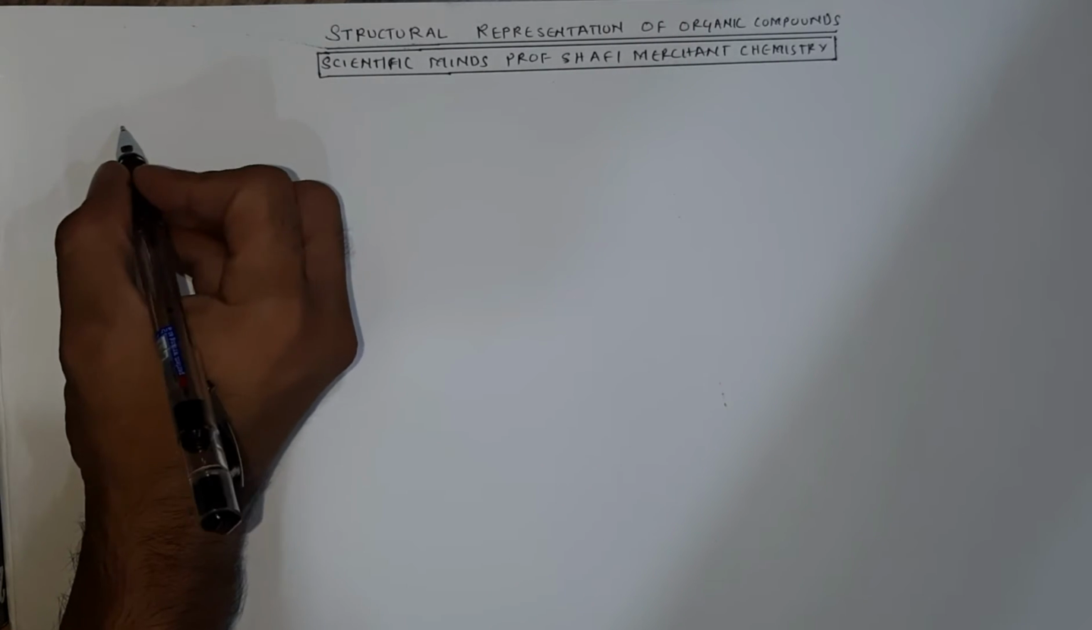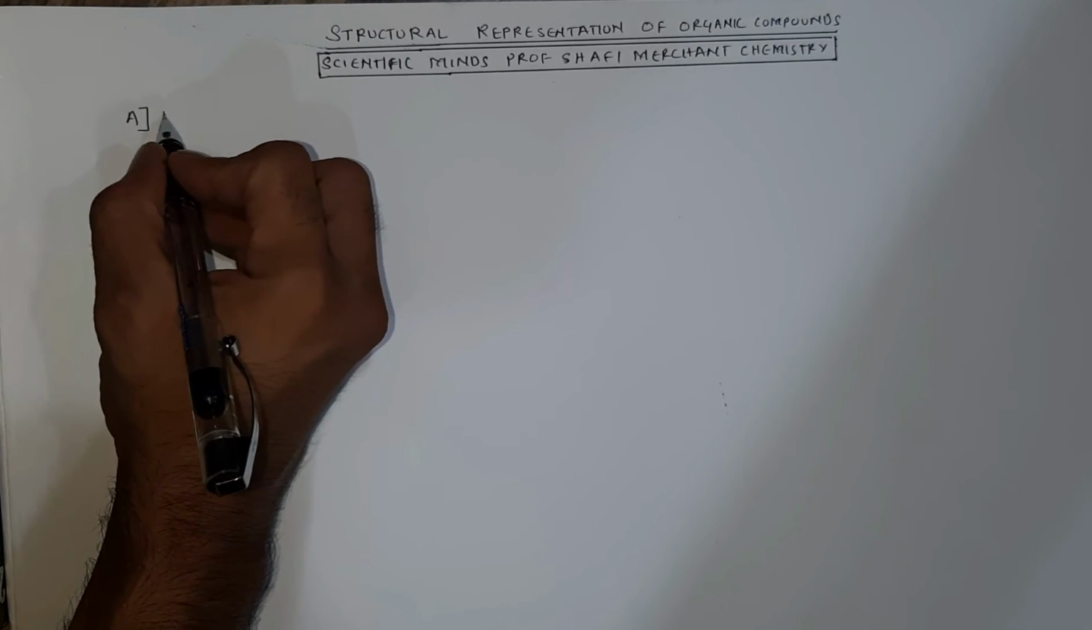Hello students, the second lecture is the basic lecture of structural representation of organic compounds. How is an organic compound represented on paper? There are many different ways of representing an organic compound. Let's go through it. The first way of representing an organic compound is